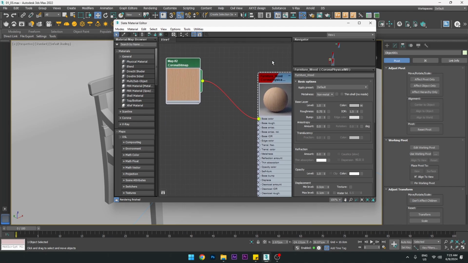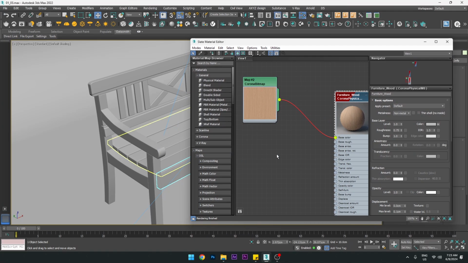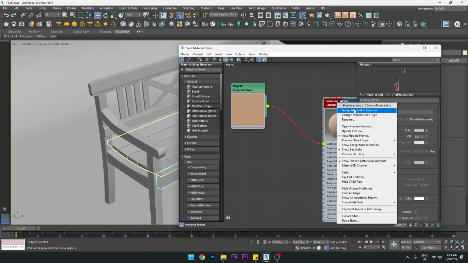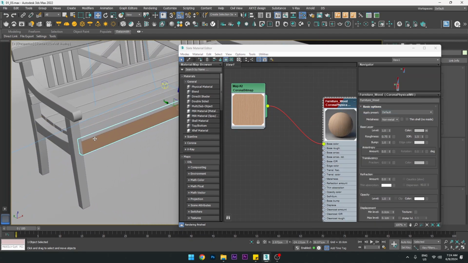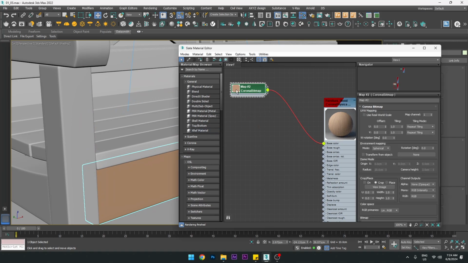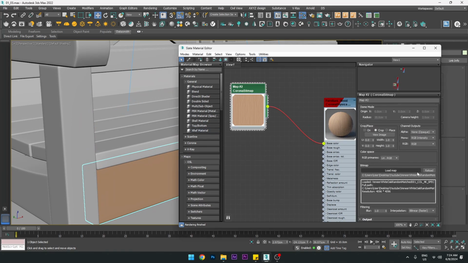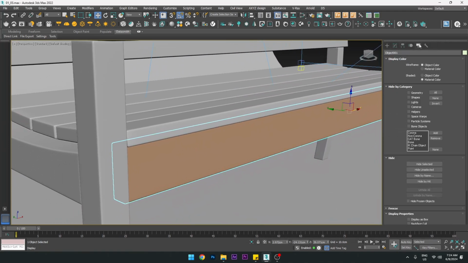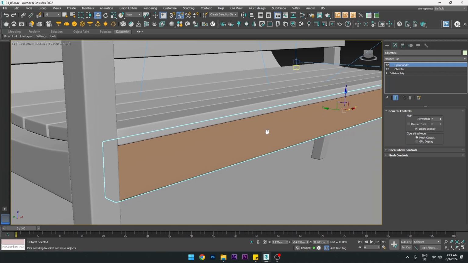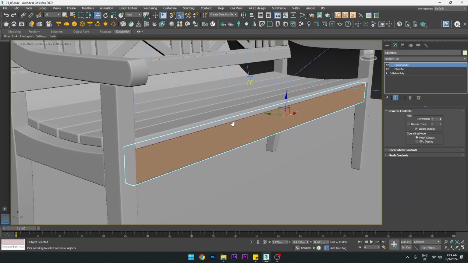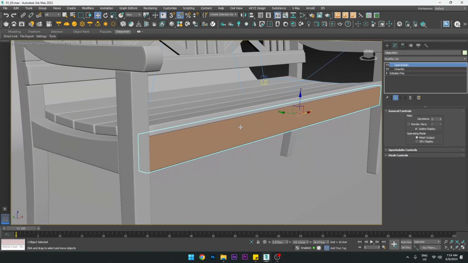Now let's see how our UVs are. I'm right clicking and then clicking assign to material selection. Now if you see here, you don't see any texture of this image that we just applied in the viewport. Now why that is because it doesn't have any UV coordinates applied to it. In order to do that, we will create one